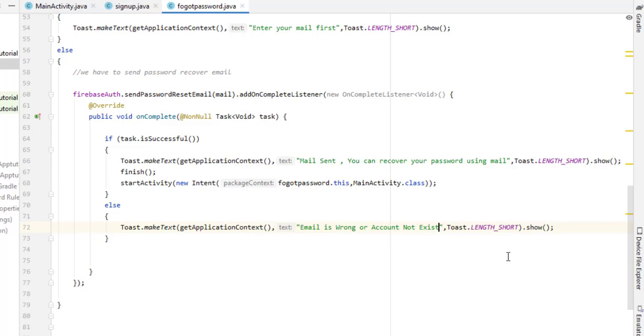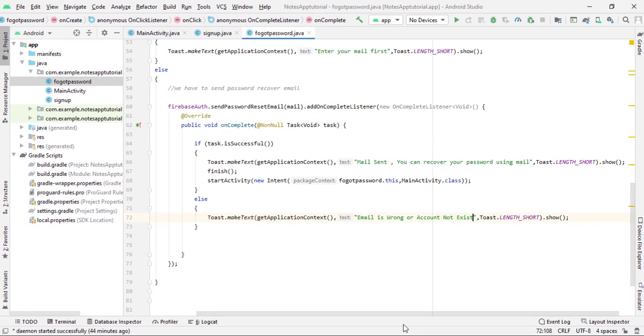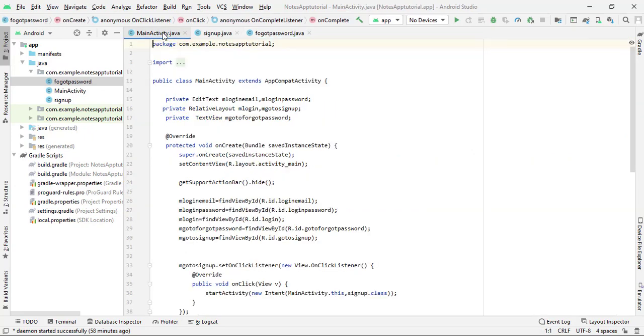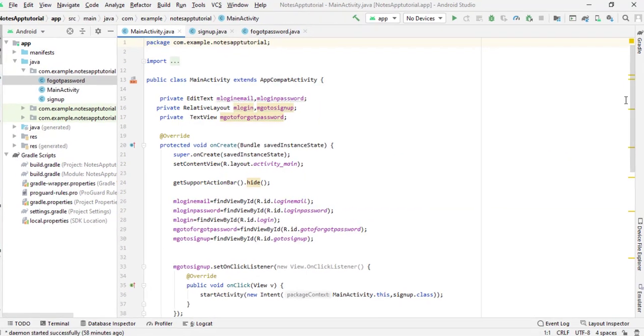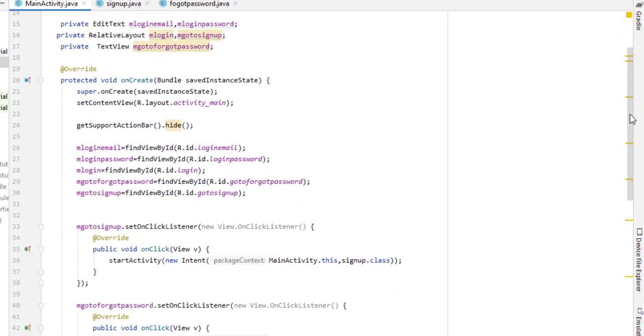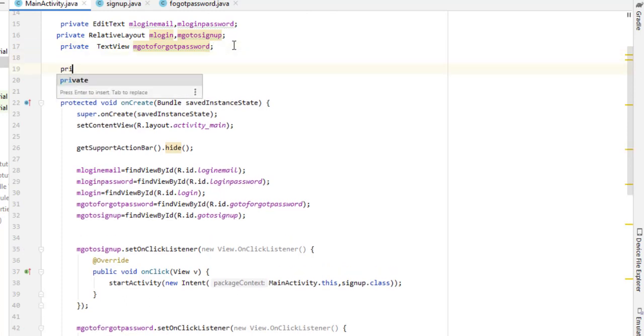So our forget password work is complete, and you can see this is very easy code. Now it's time to write the code for login in our MainActivity.java. So I open my MainActivity.java file. As you already know, to log in the user, we need an instance of our FirebaseAuth. So I declare a variable first. I simply type here private FirebaseAuth, then semicolon.